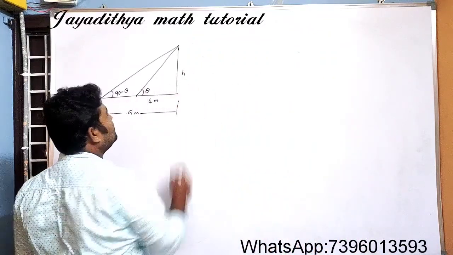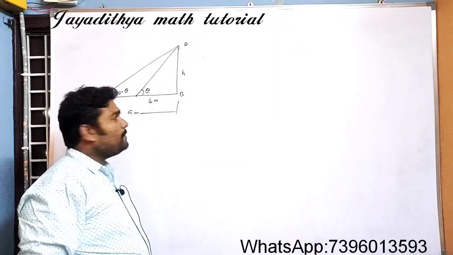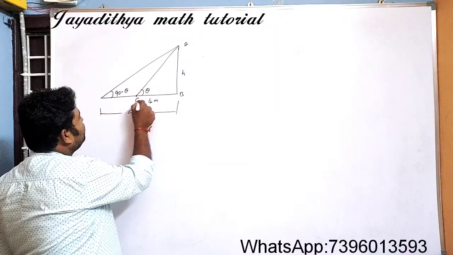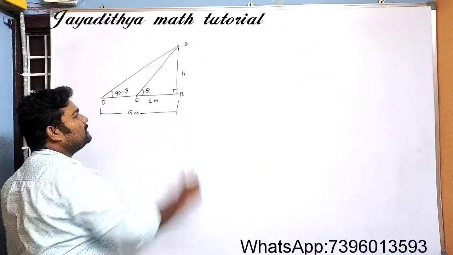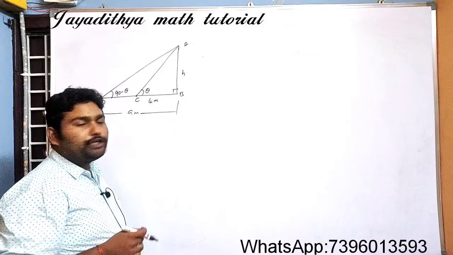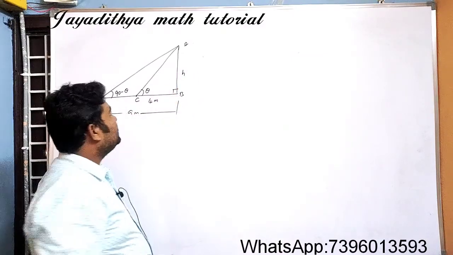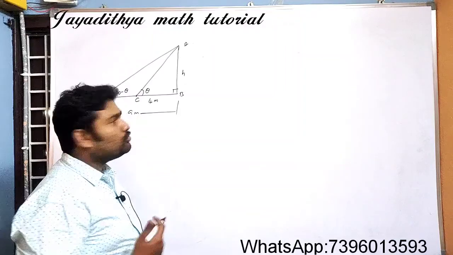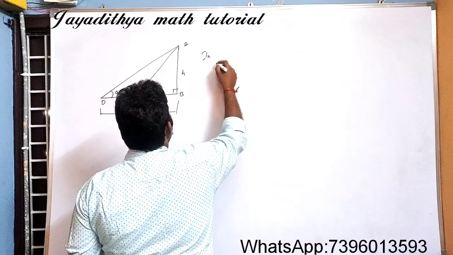You need to find the height of the tower. So let us take A and B. AB is the tower and let us take this point as C and this point as D, and here the angle will be 90 degrees. What do you need to do? One side should be common and one right angle must be there in both the triangles, whatever triangles you are taking. So the first triangle I am taking here,